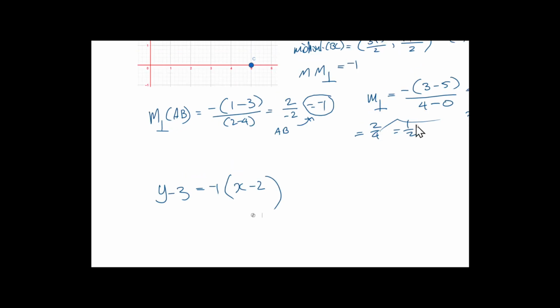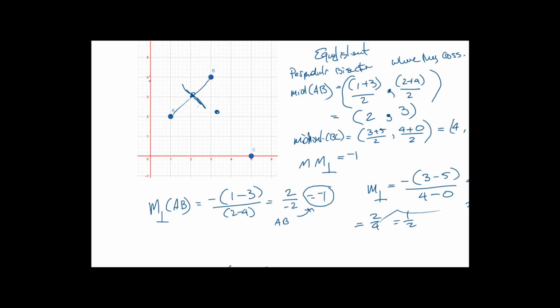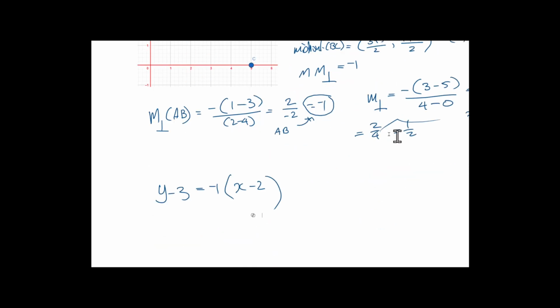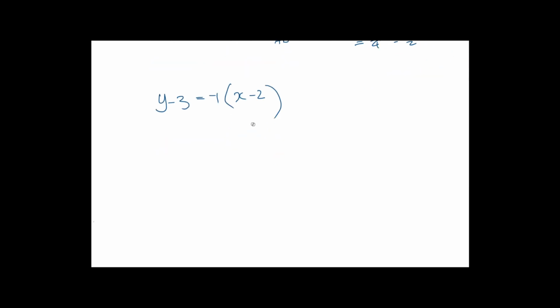And we got the 3 from this point here, and we knew that the gradient of that was negative 1. So (2, 3), the gradient is negative 1. When we expand this out, it is equal to negative x plus 2 plus 3, so it's going to be y equals minus x plus 5. So that's one of the equations,